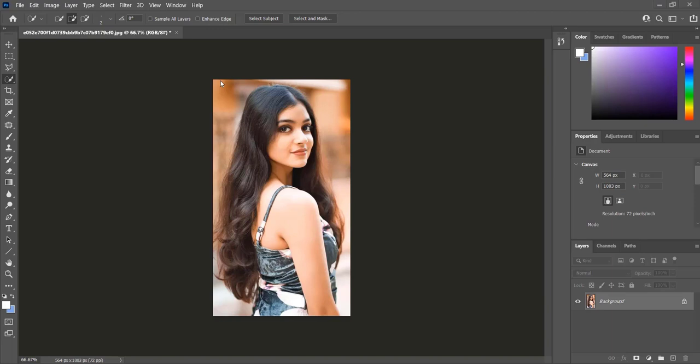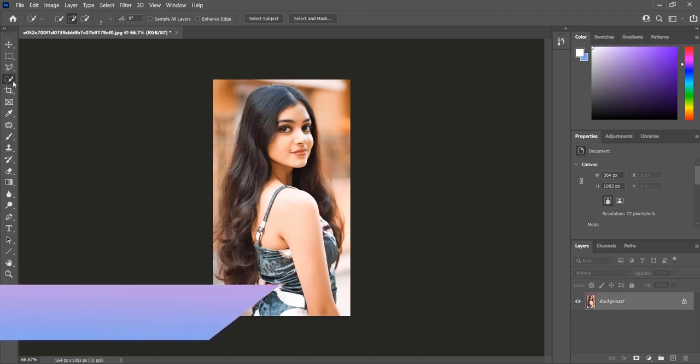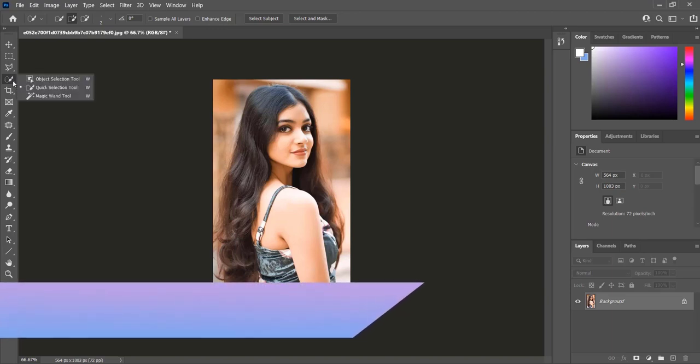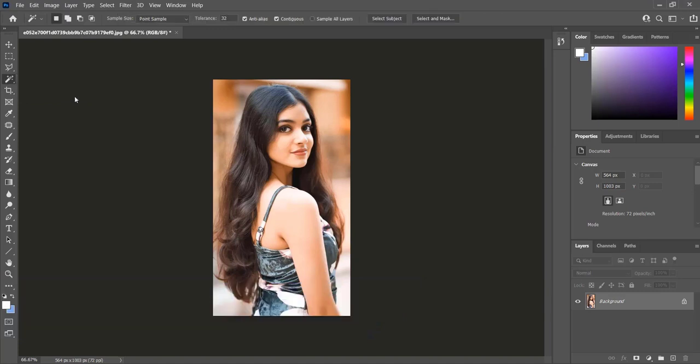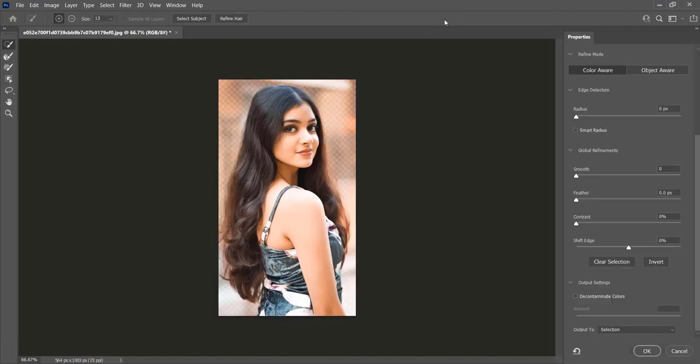When you click the right button of the mouse and pick up Magic Tool, after that, you have to click on Select Subject here up. We have to wait 2 to 3 seconds, and as you can see, we selected the girl. You see it? So after that, we have to click on Select and Mask, and you see the menu on